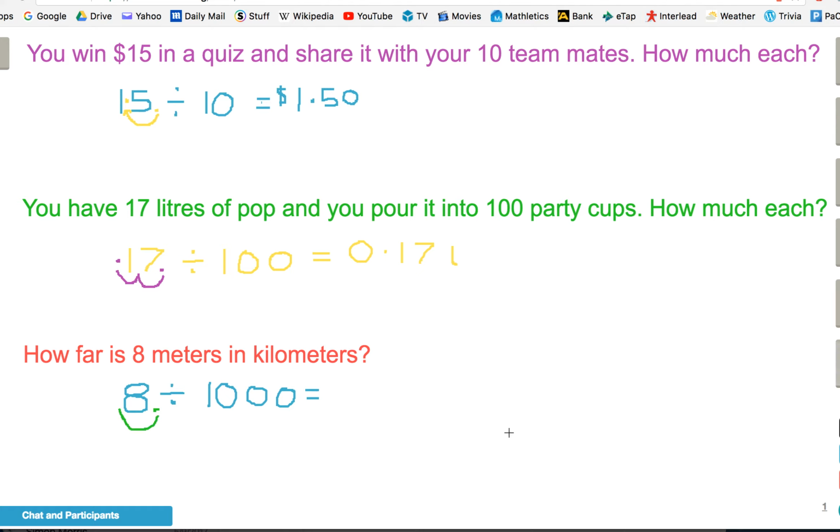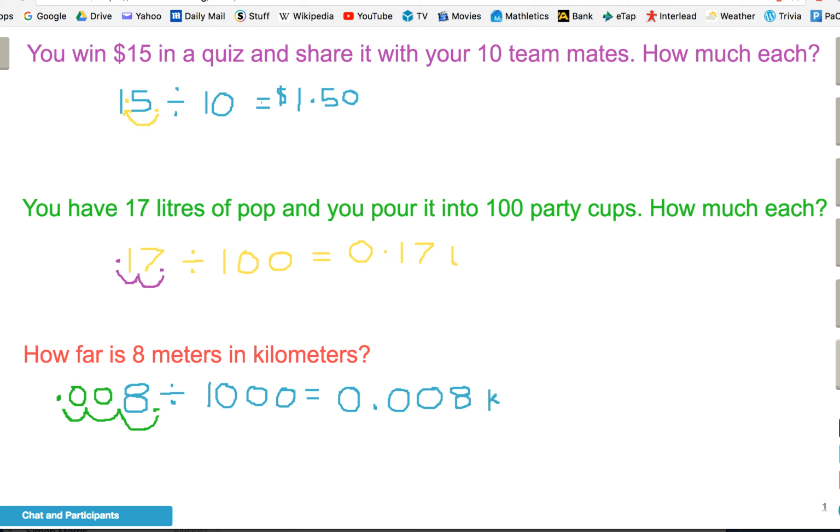So the first time you move it, obviously it just moves over to here and it becomes 0.8. To move it another place, you need to put in what's called a placeholder. In maths, 0 is a placeholder. That's how it was invented. So you put in a 0. That means you can move your decimal point 1 more place. So now we've moved it once, twice. But there are 3 zeros, so we need to pop in another placeholder and move our decimal point 1 more time. There we go. So we've now moved our decimal point from here once, twice, 3 times. We've had to pop in 2 placeholders to let us do that. So our answer to how far is 8 meters in kilometers is